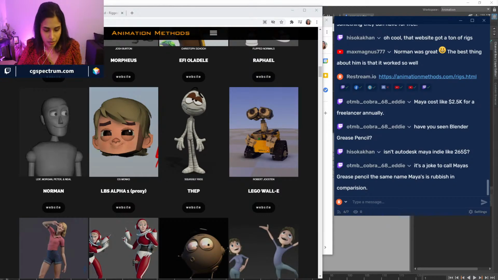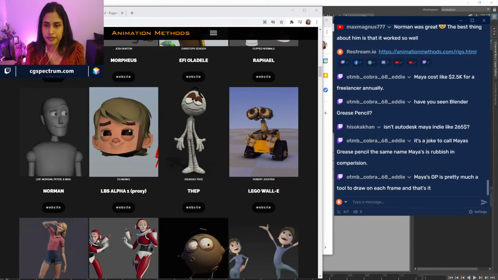If they're able to do that, then people will slowly use that. How is it different from Blender? Maya's grease pencil is pretty much a tool to draw on each frame. That's it.